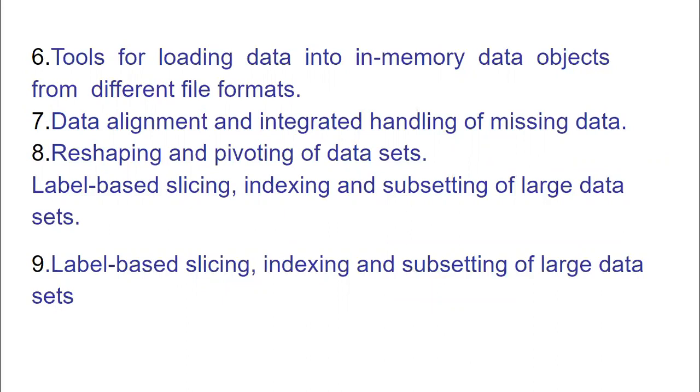Then reshaping and pivoting of data sets, label-based slicing, indexing, subsetting of large data. Slicing means you take one big data set and make it into smaller pieces. Indexing: in SQL we say primary key, no? In the same manner, with the help of the primary indexing value, we subset the data. That we will study later. Now these are all the features, okay? Then label-based slicing, indexing and subsetting of large data sets. So these are some of the features of